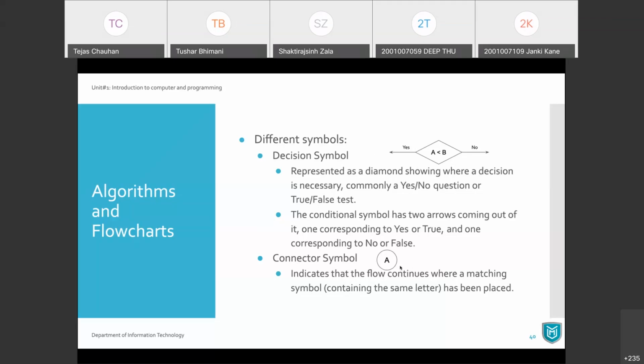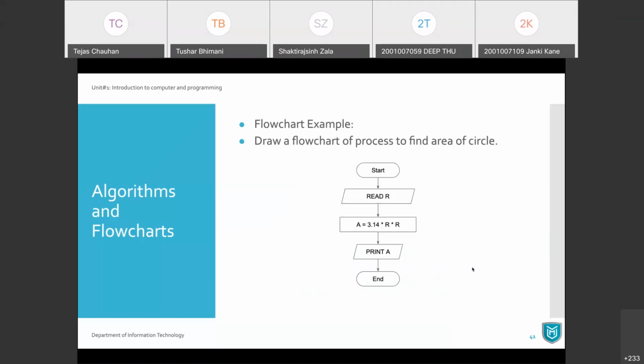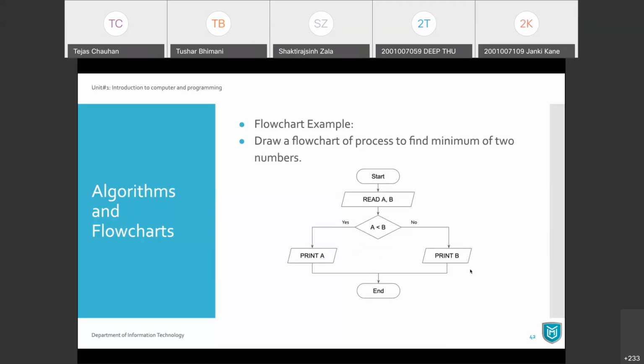If you are able to have your entire flowchart on a single page, then you will never use a connector. But if your flowchart is lengthier and you are not able to complete it on a single page, then you will use this kind of connector. And this was the basic example, and this is the second example.